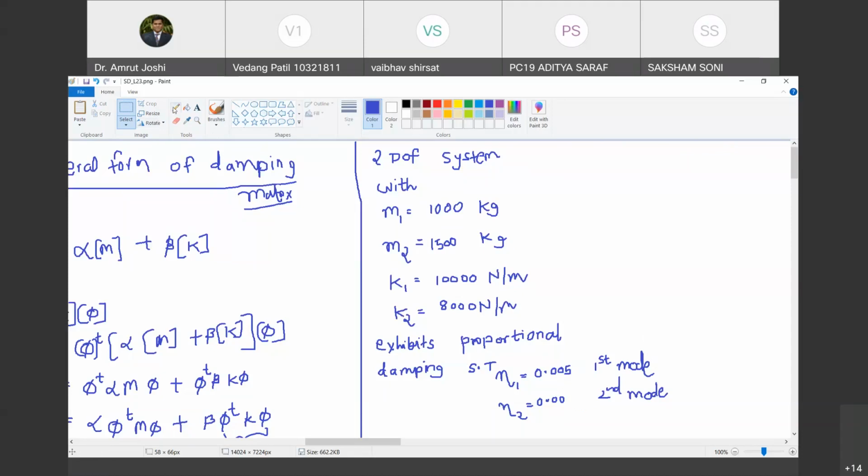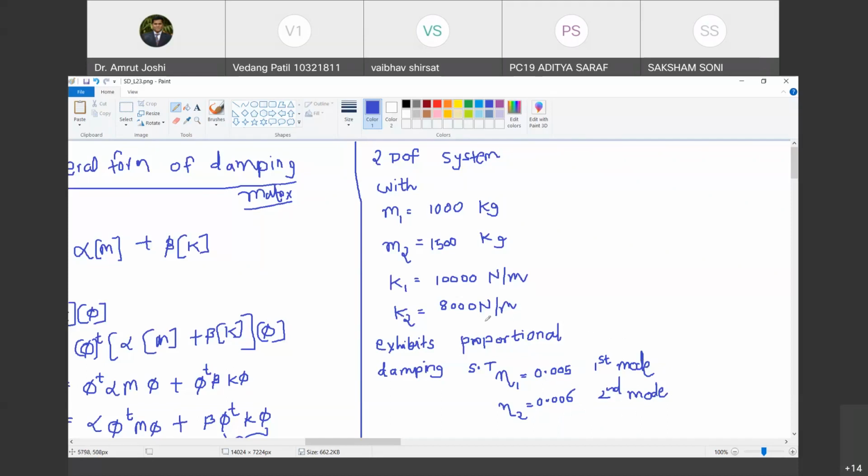But before that, let us make it 0.006. Okay, sir. I will get back to this question, whether it is universally true, or there are exceptions, or it is not true. I am not able to recollect that. I will get back to this in the next class. Just remind me. Yes, sir. So eta 1 is 0.005 and eta 2 is 0.006. This is first mode damping and this is second mode damping ratio.